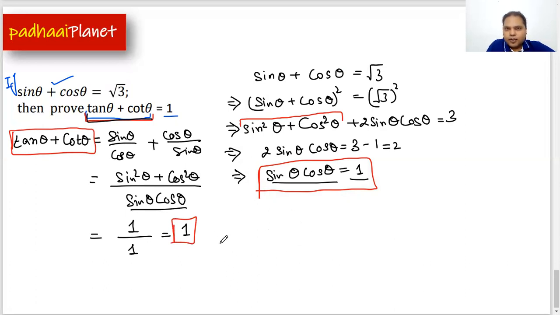So I hope you could understand this question. It was pretty simple, and we have done a few more questions like this. I hope you like the pattern also. It's very easy. First of all, you just start with what is given in the question, find out the value of some expression which is going to be used for the required expression, and then finally you'll get the value which is required there, right?